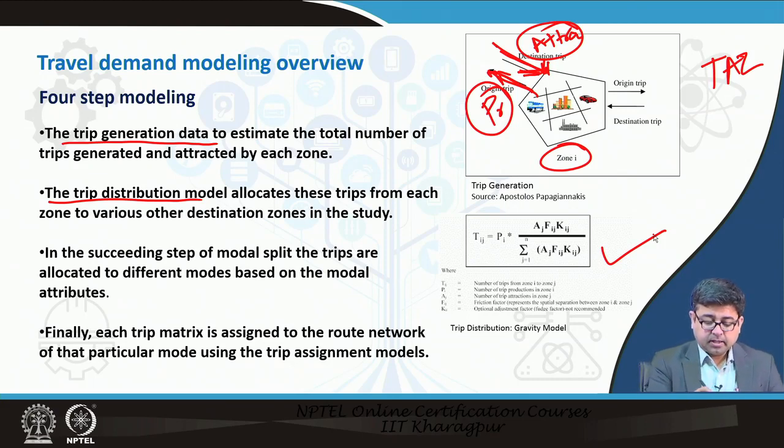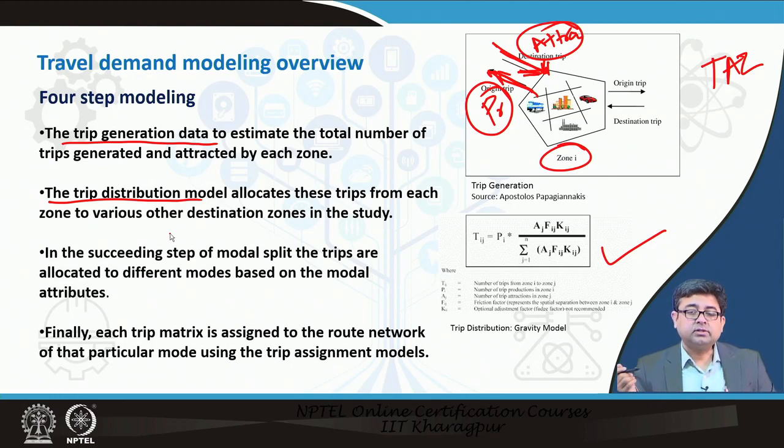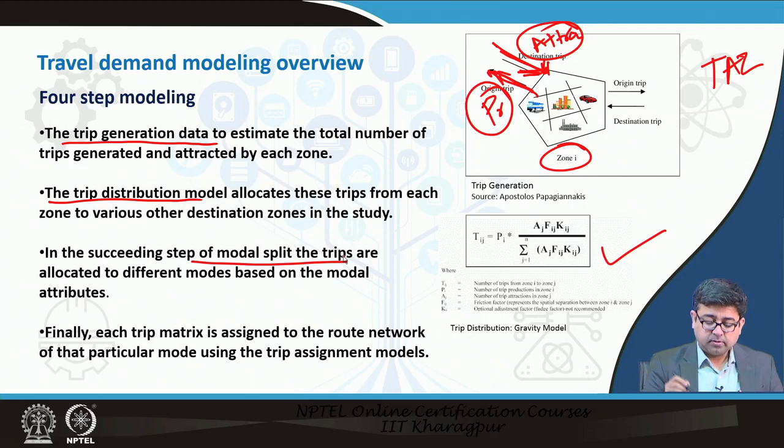In the next step, once you know where these trips are going, between which zones the majority of the trips are going, it is essential to understand how they are going there. So, are they using two-wheelers, four-wheelers, metro rail, are they walking to these zones, are they using their bicycle? What is the choice of mode that they are taking in order to travel from this zone to that zone? So, that is a step called modal split.